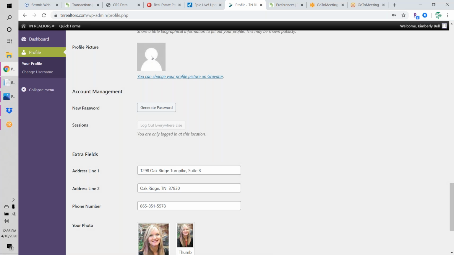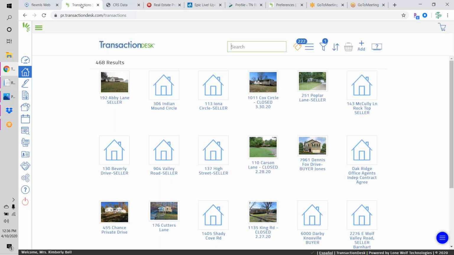For NAR, you will need your NRDS number to be able to do that, but they've added a cool little toggle to where you can do it right there on the screen now. So you can search for your NRDS number right there without having to leave the site, which I really like that they did that. So if you want to go back into Transaction Desk, however you feel fit to get there,